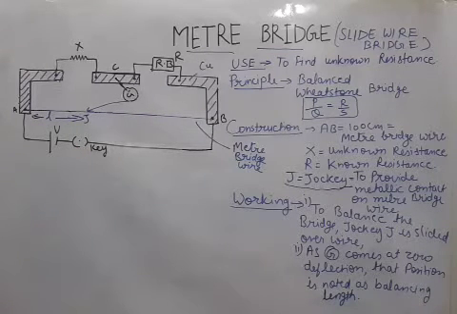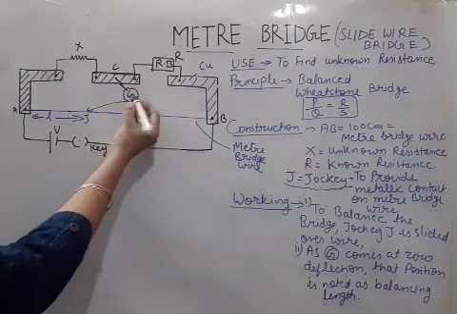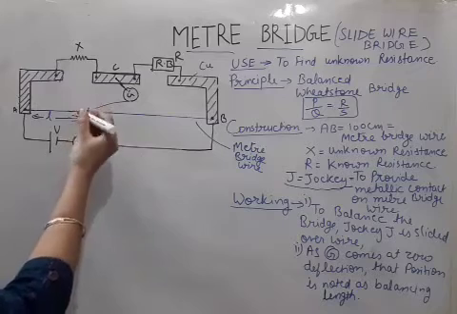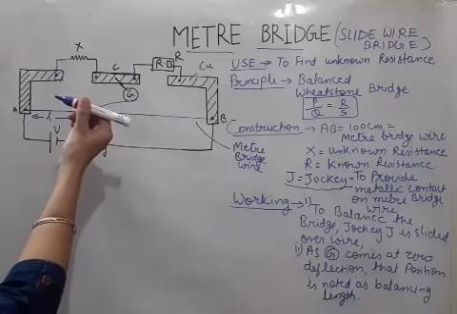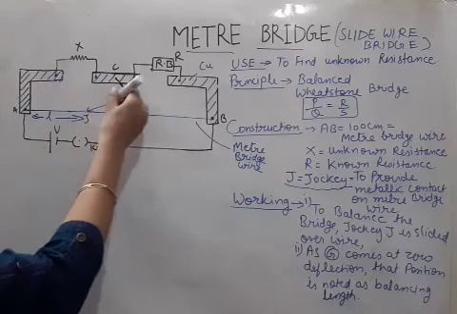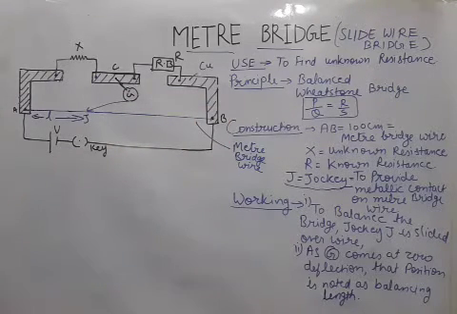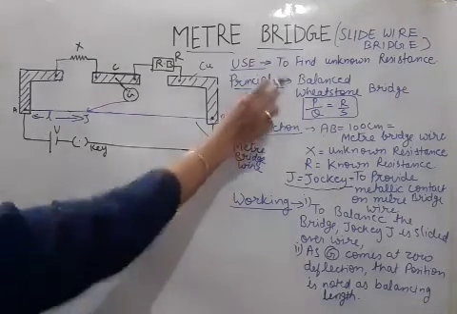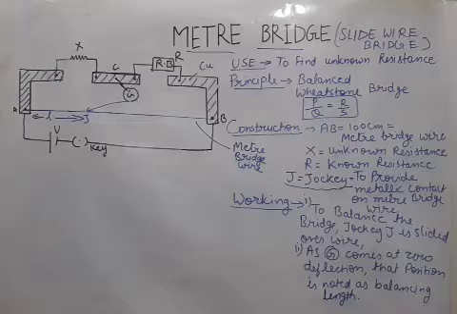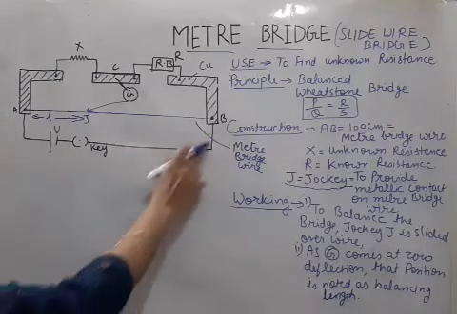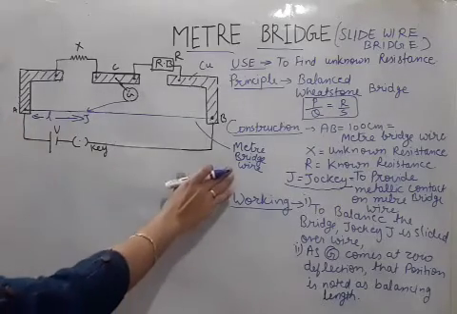Okay, so what I have explained to you now: with this galvanometer, one wire is coming which is connected to the jockey. The jockey has a pointed metallic end so that we can touch it on different positions of the wire, and we can get that position where the galvanometer will give zero deflection, because we want the bridge to be balanced. Okay, and then at last one battery and key are always connected between points A and B. So this is all construction.